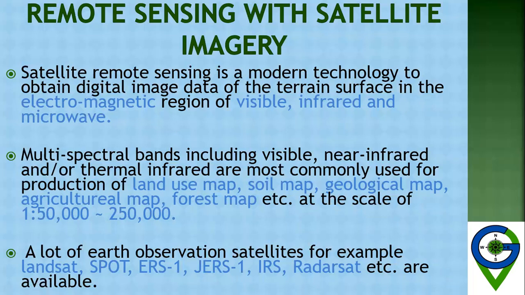But microwave, or active remote sensing, is used when there are clouds. Like in flood mapping, we use the microwave, because flood is basically caused by heavy rainfall, and when there is rain there are clouds, so the visible or infrared electromagnetic rays cannot go through the clouds. So there are clouds on the image, and the microwave or RadarSat images are used for this purpose.